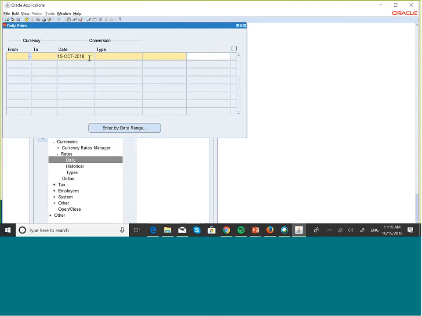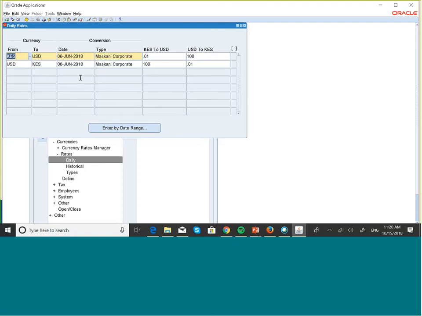So again, just to reiterate, if we check our exchange rates for that particular date, for a date that falls within that range,